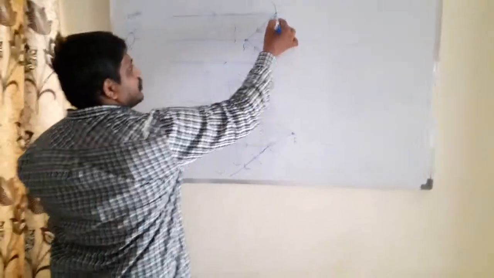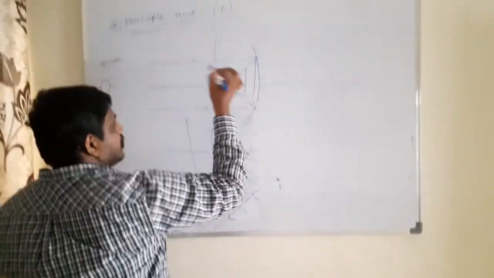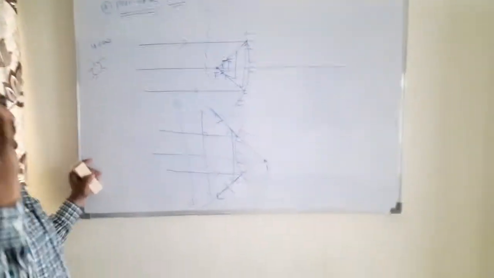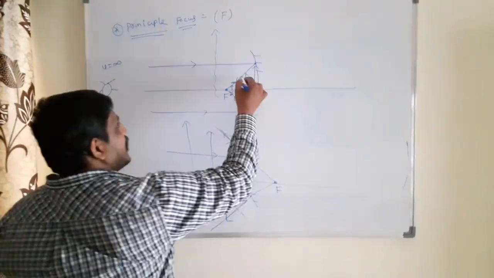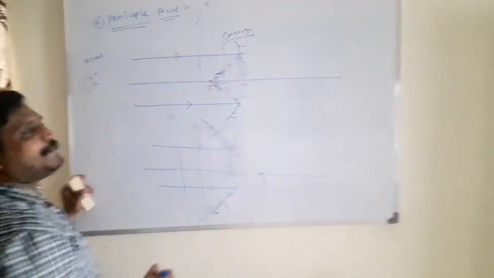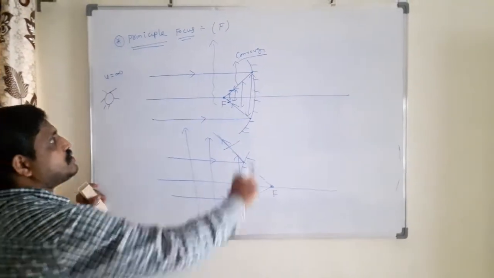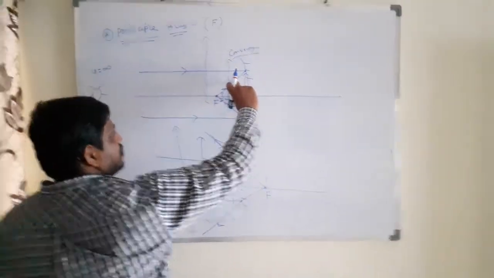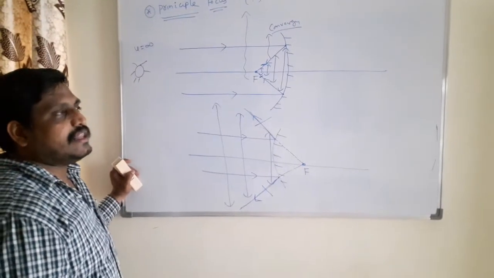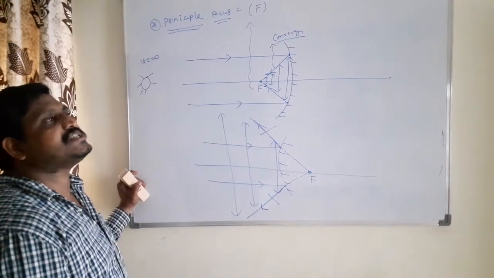Look here. Initially there is a distance between the reflected rays. Then the distance gradually decreases. That is called converging rays. What are converging rays? The distance between the reflected rays decreases gradually. Initially they are reflected here with this distance, then the distance between the rays gradually decreases. The rays are called converging rays, as all rays meet at a single point.